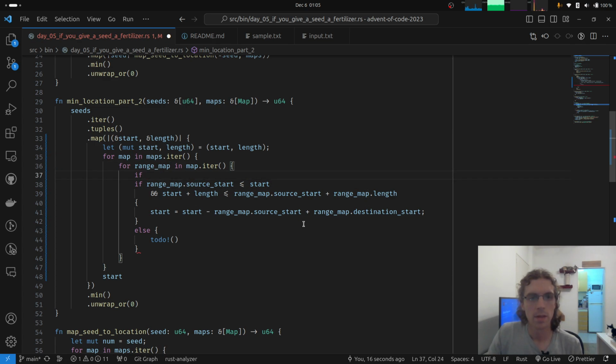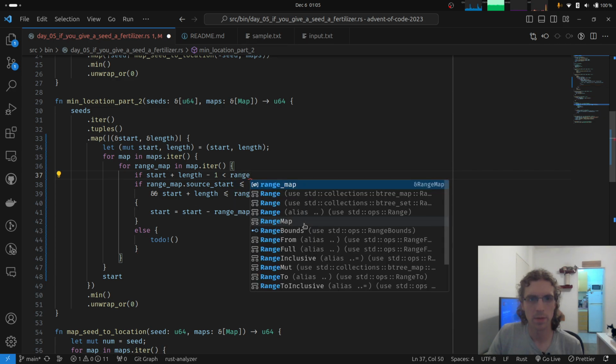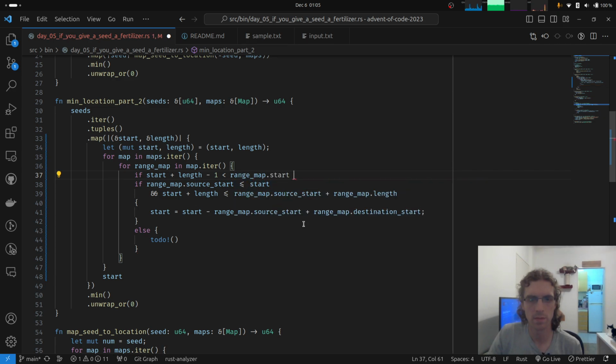So if start plus length -1, this is the end, maybe I should put this into a variable, is less than range map start, or